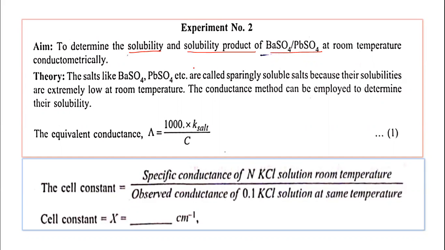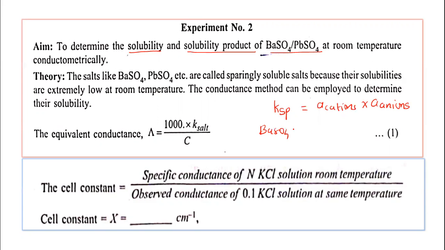So let us see what a solubility product is. The solubility product is denoted by the symbol Ksp. It is the product of the activity of the cations multiplied by the activity of the anions. So in a salt, cations and anions are present. For example, in